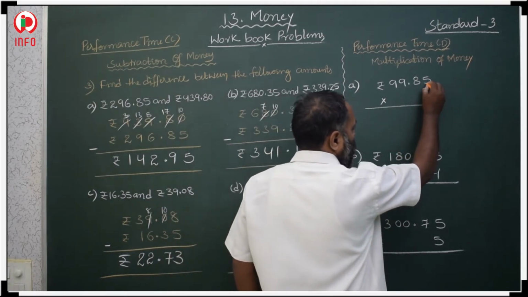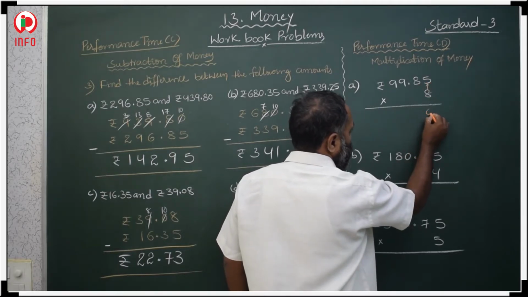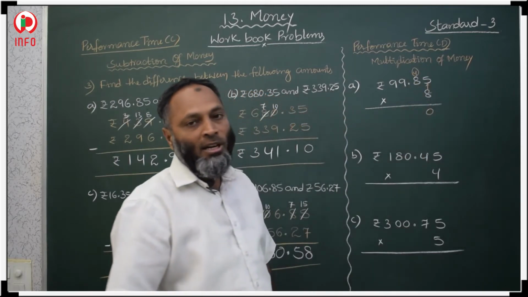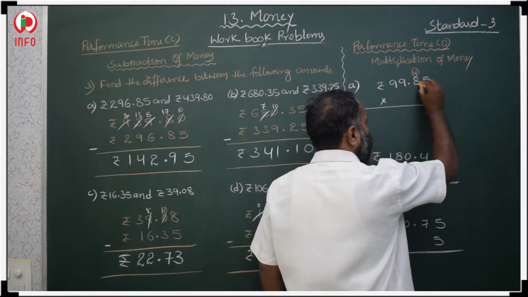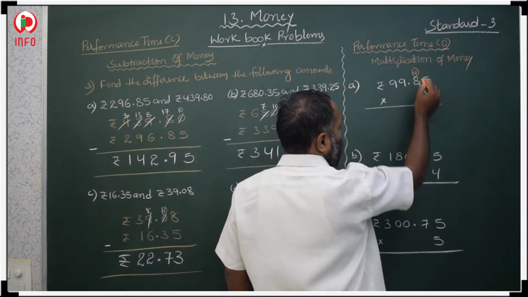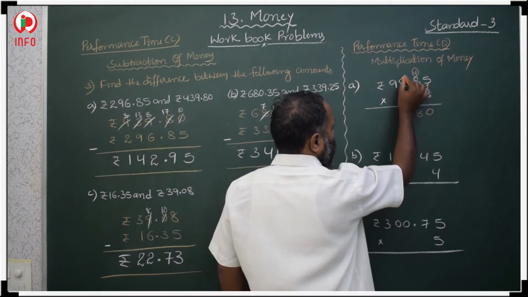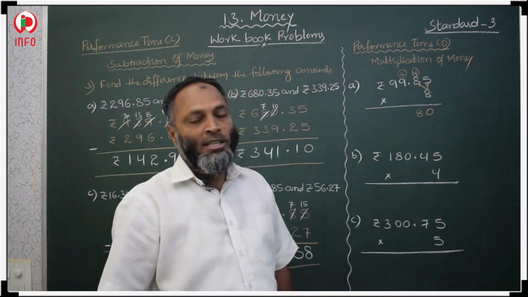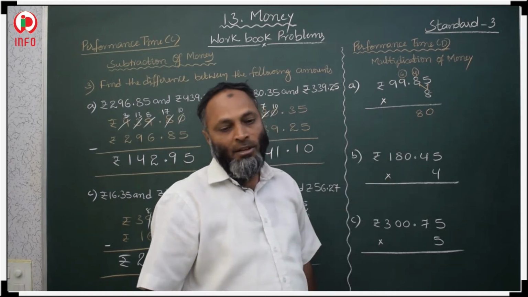So first multiply 8 with 5. 8 5s are 40. 40 means 0 in ones place of paisa and 4 we should take as carry over to the tens place of paisa. Now 8 with 8. 8 8s are 64 plus 4, 65, 66, 67, 68. 68, 8 in tens place of paisa. Then here 6 we should take as carry over to the next digit of rupees, that is the ones place of rupees.